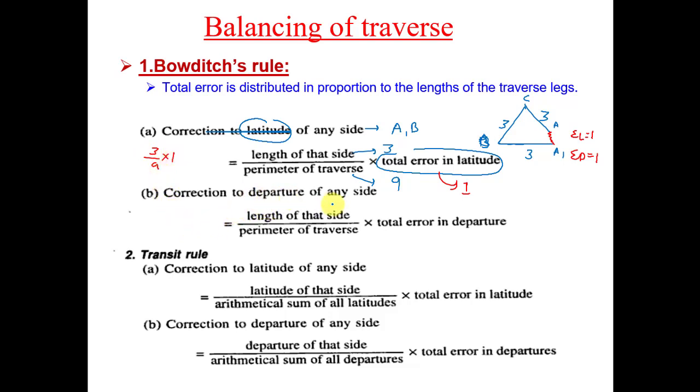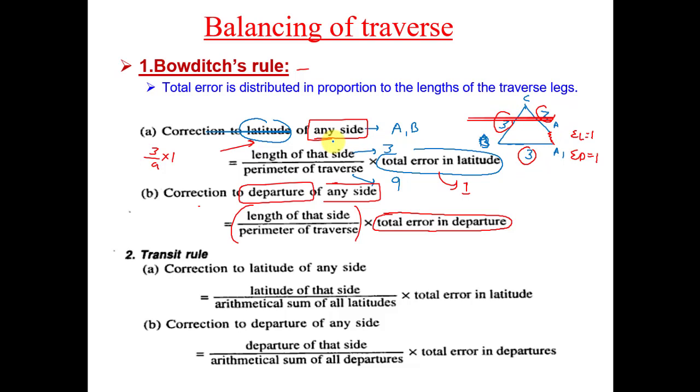Similarly, we will go with the departure sides and here we will go with the total departure. And the first must be remain same. According to Bowditch, क्या देखने को मिला हमें? The correction will be occur in latitude and in departure. Okay, latitude and departure में correction को distribute किया गया है सभी साइडों में. पहली चीज ये याद रखिए, क्योंकि any side का मतलब ये नहीं है कि सिर्फ आप A1 से A डैश, नहीं, A1 से B भी जाएंगे, B C में भी डिस्ट्रीब्यूट करेंगे एंड C A में भी डिस्ट्रीब्यूट करेंगे अकॉर्डिंग टू देयर लेंथ.